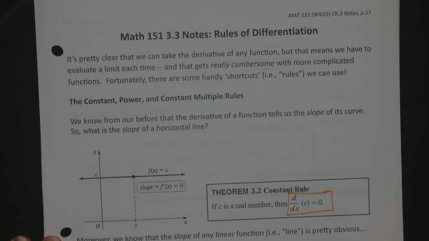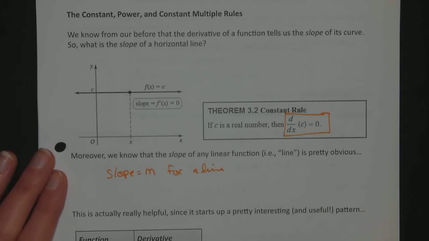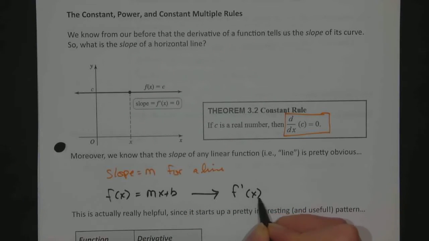Okay. Moreover, we know that the slope of any linear function, line, it's pretty obvious, it's m, right? So the slope is m for a line. So that means that if your equation f of x is any line mx plus b, that means that its derivative,